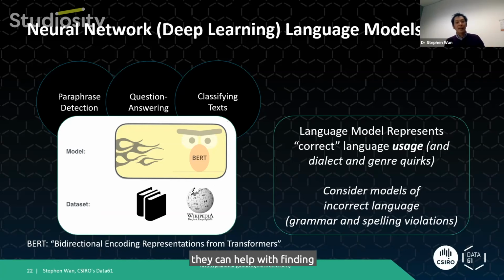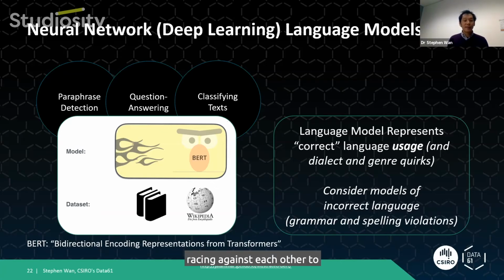Or in other cases, they can help with finding answers to questions. They're also used to assign a classification label to a text. So it's really quite remarkable what recent advances in neural networks, these neural network approaches, can do for natural language processing and what they can learn.